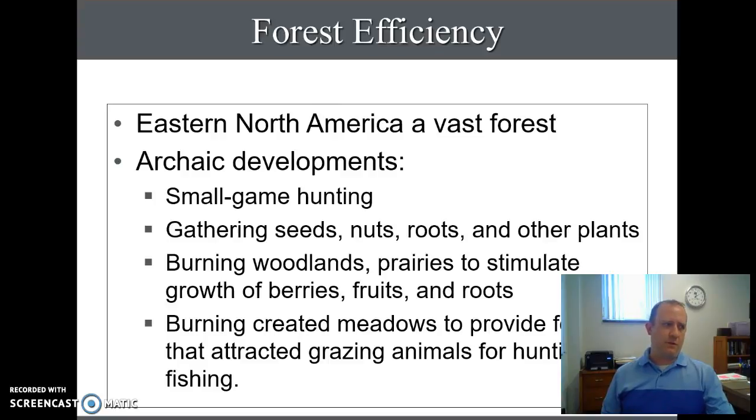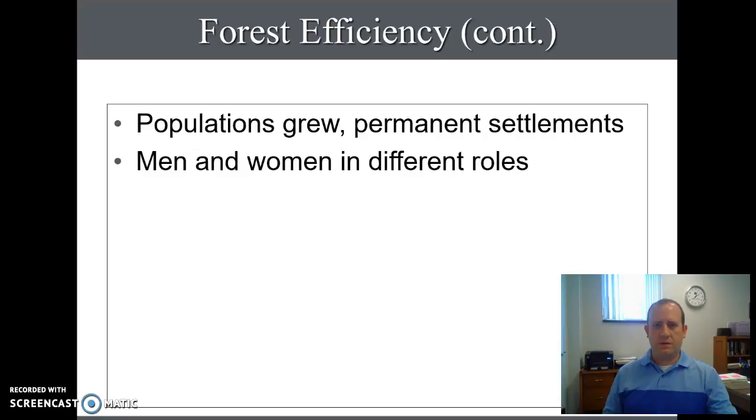You have the forest cultures in eastern United States, small game hunting, gathering seeds, nuts, berries, other things like this, hunted and fished as well. Began to attract permanent settlements. You also began to see different roles or specialization between males and females and what they were asked to do for the groups.